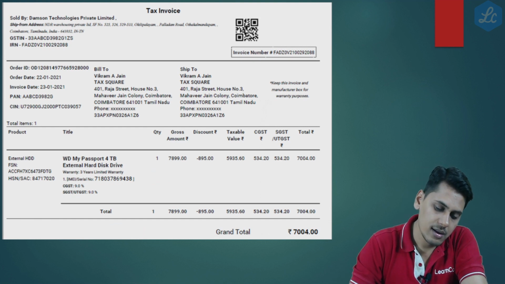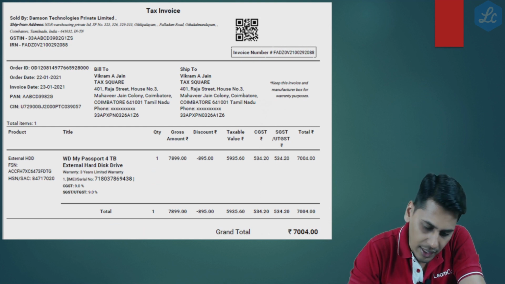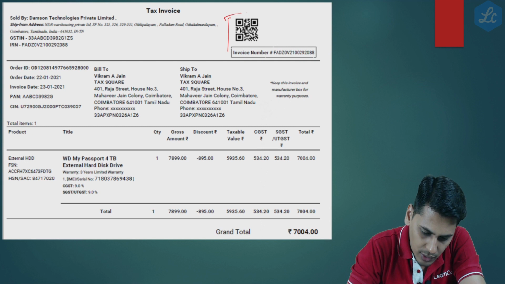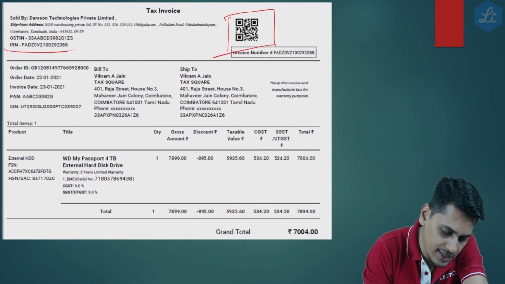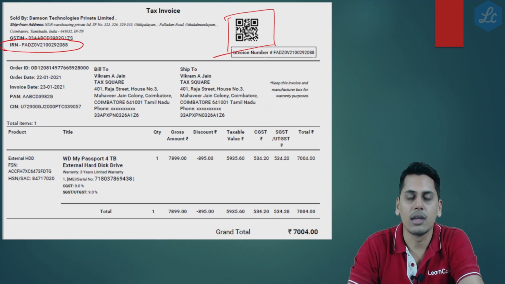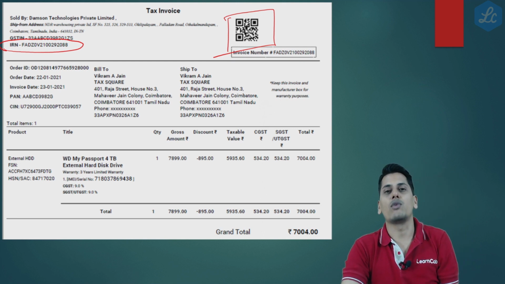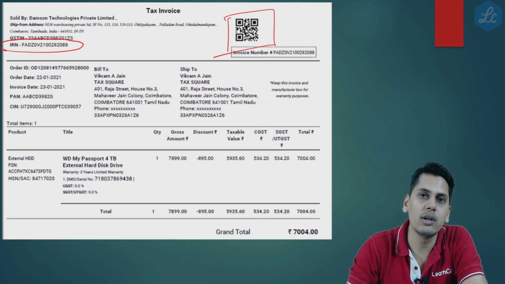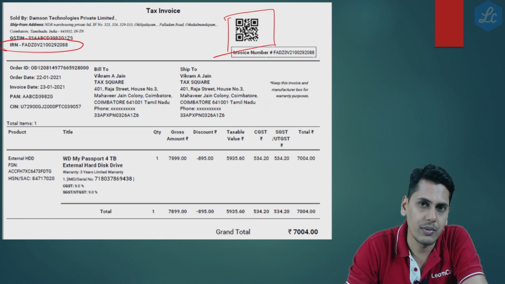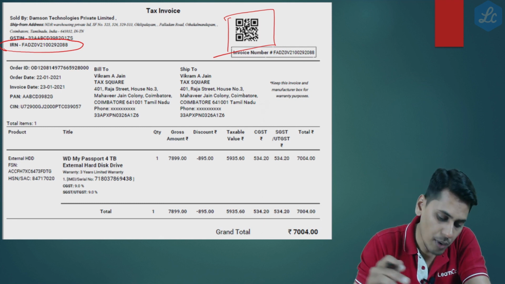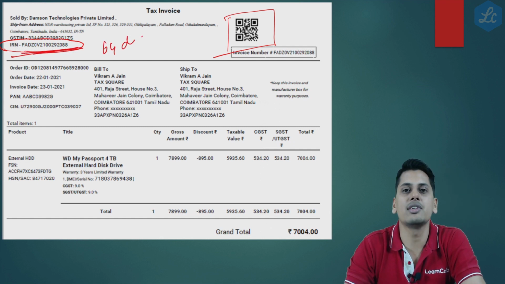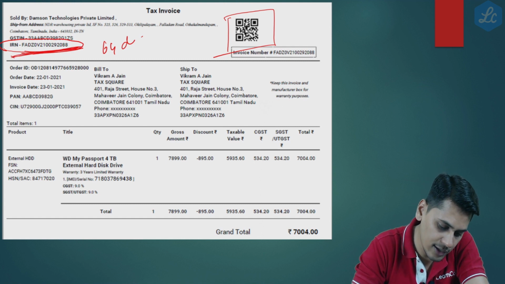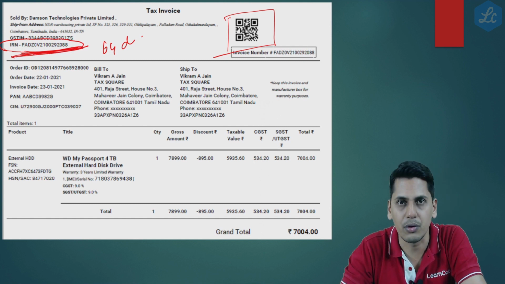Now friends, let's take another example. Let's say you find a tax invoice which contains a QR code and also has something called an IRN. Can you conclude that it is an e-invoice? Friends, the answer is no. Point number one is, friends, IRN is going to be a 64-digit string, and it is not this number of digits which is mentioned in the invoice which is available on the screen before you.